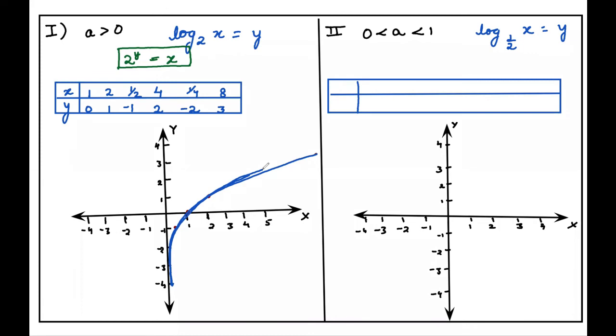So this is the graph of logarithm function when a is greater than 0. Now if you recall, हमने लास्ट टाइम एक्सपोनेंशियल फंक्शन का भी ग्राफ बनाया था. मैं आपको इधर ही बता देती हूँ. y is equals to 2 to the power x. So ये ग्राफ जो हम देख रहे हैं, it is passing through point 1, 0. और वो ग्राफ जब आपने प्लॉट किया था, तो अगर आपको याद हो, so it was passing through point 0, 1. So that graph was somewhat like this. ऐसा ग्राफ था हमारे पास.